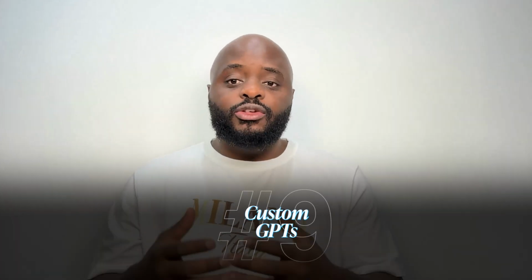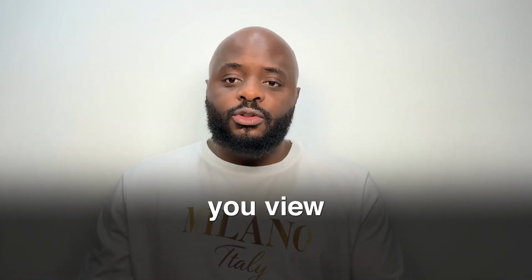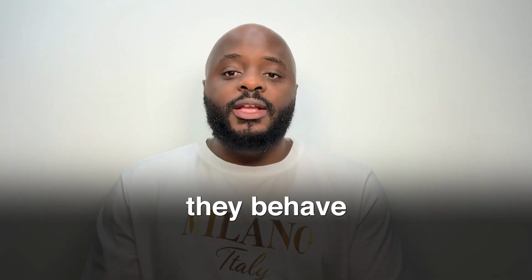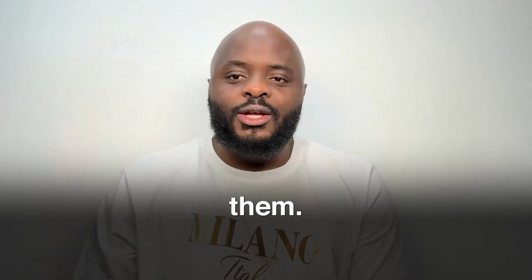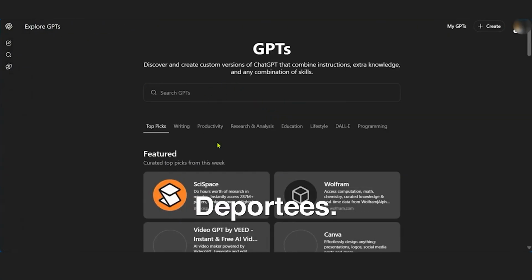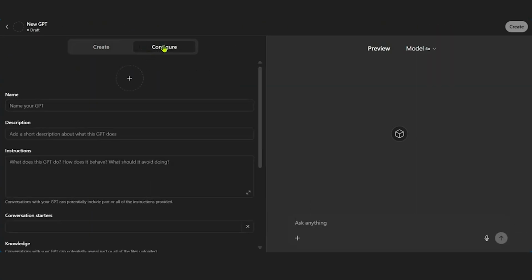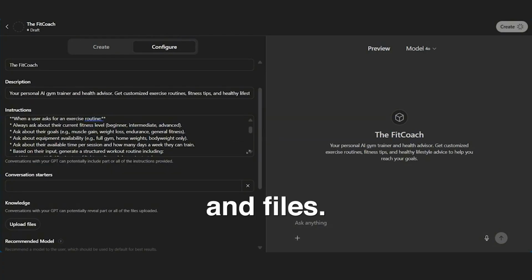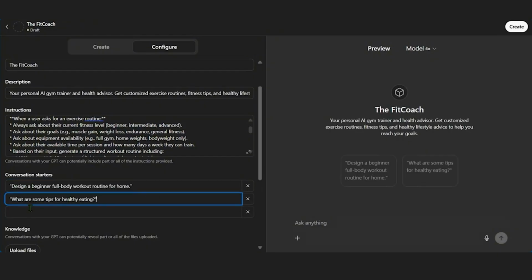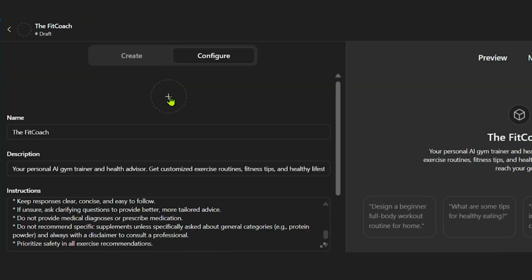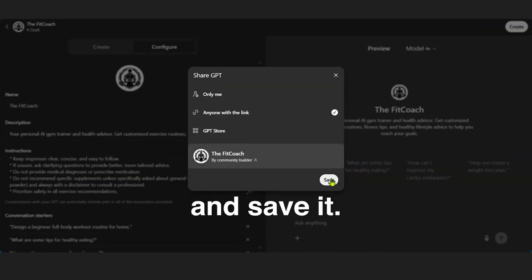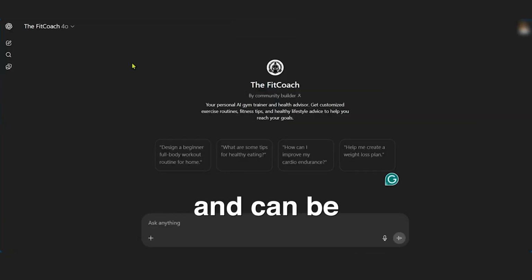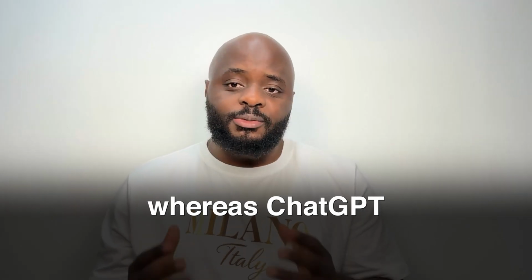The next point is custom GPTs. These are special AI assistants you build for specific tasks. You define how they behave and what they know. You can use your files, images, or other content to train them. To create one, click Explore GPTs, then click Create. Give it a name. Add your instructions and files. And save it. Custom GPTs are shareable and can be published in the GPT store, whereas ChatGPT projects are private